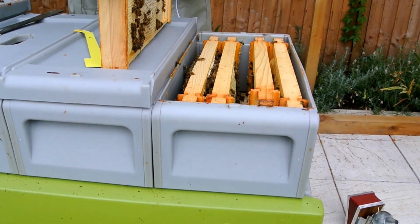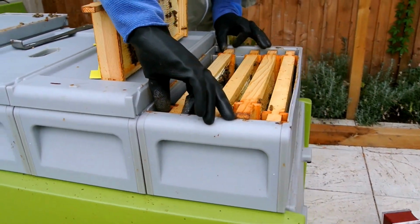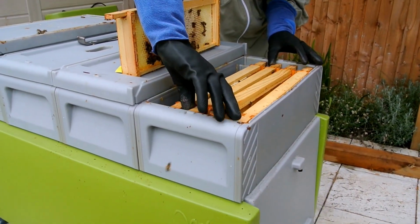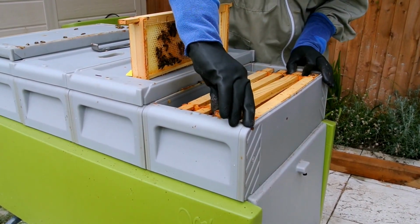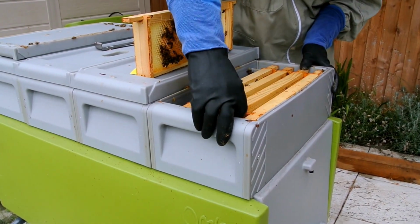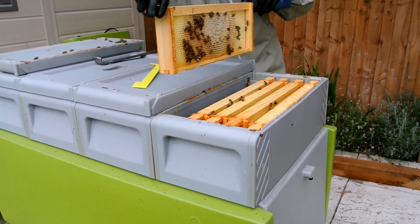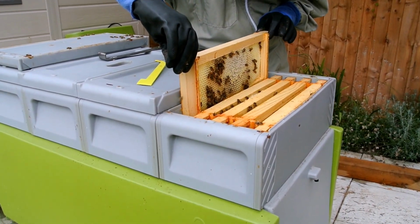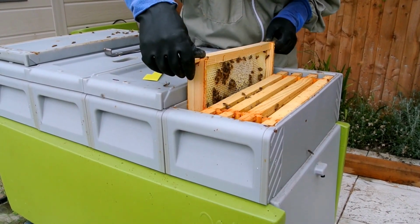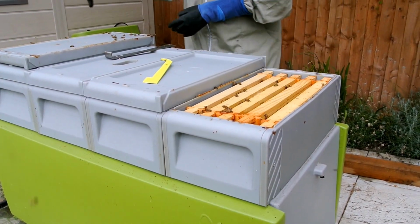Okay, so we'll put that all back together. Let's see if I can remember which way around it was. This one goes that way. You don't really want to swap the frames around because they don't love that. I find that a bit confusing, and then that can cause problems. These frames must also go together very tightly, otherwise it doesn't fit. Now, ideally, without squishing any bees. That's the trick of beekeeping. They usually get out of the way pretty quickly, but sometimes you do have a few casualties. There we go. Push that in down there, and then we'll pop the lid back on